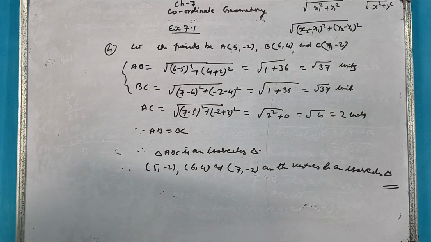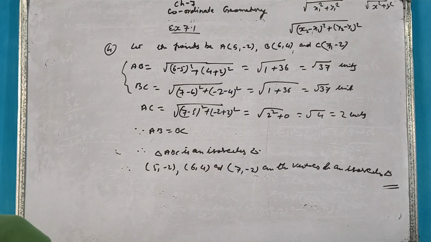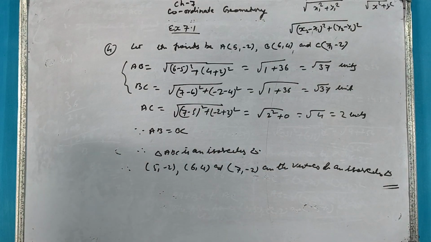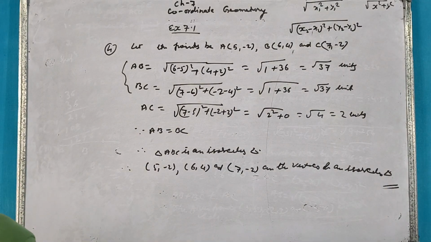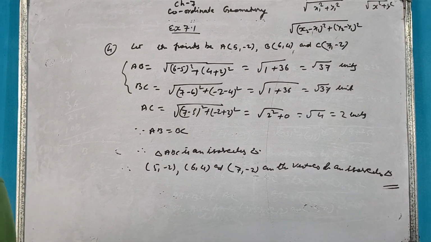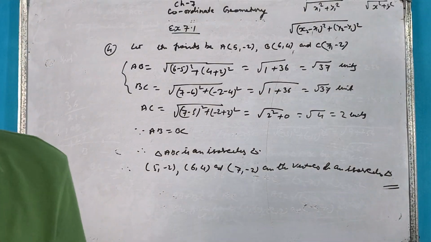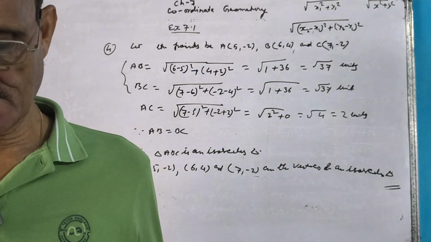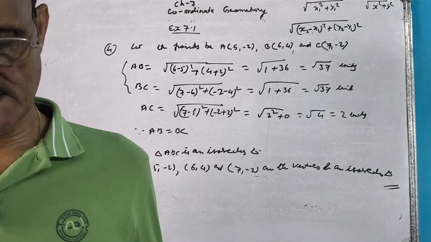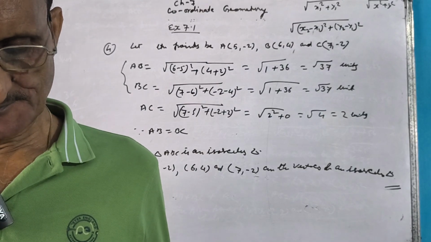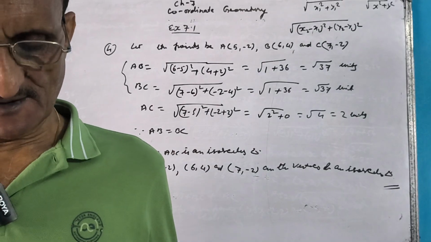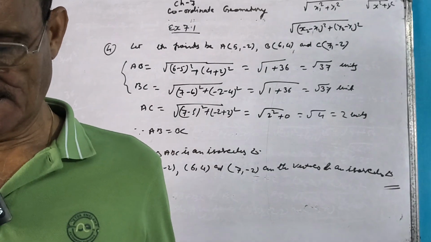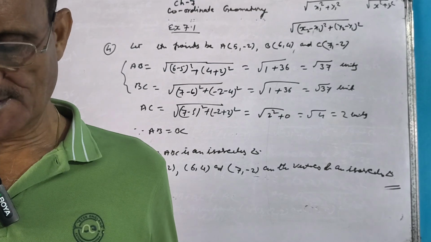This was question number 4. Now we will go to number 5. The diagram is given. You can see there is a quadrilateral ABCD, and it's a very interesting question. Two girls, Champa and Chameli, are discussing the diagram. Champa is saying that ABCD is a square and Chameli is not agreeing. So you need to find who is correct.